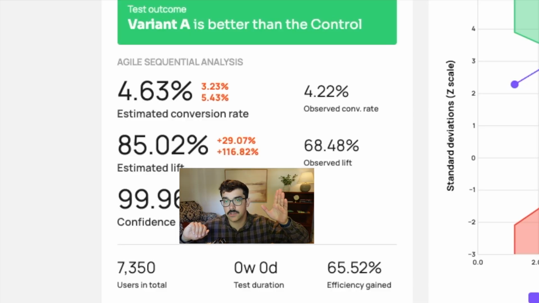And now you can see our boundaries are plus 29% to 116% lift, with the most likely estimated lift being 85%, but what we actually observed in our data set is a 68% lift. What I would do at this point is you figured out that, wow, adding reviews really solved a